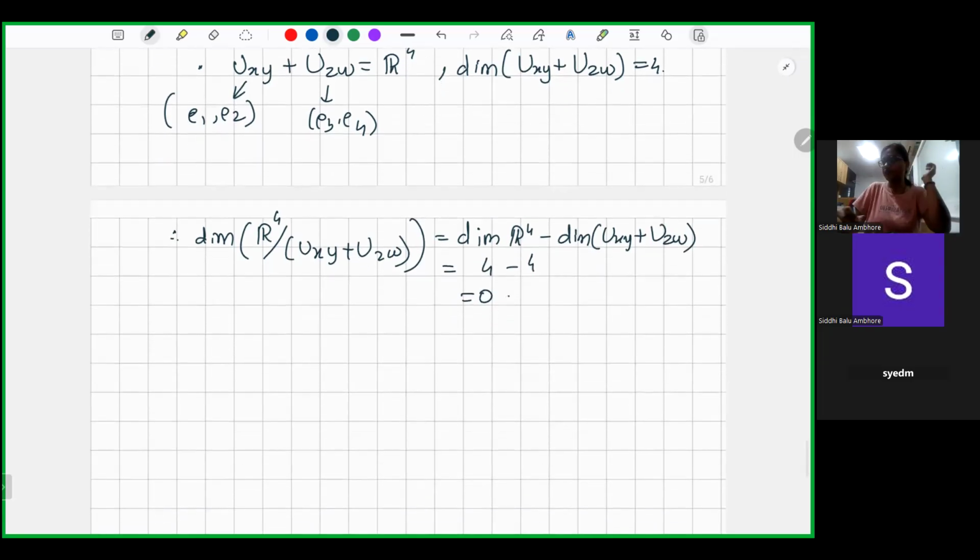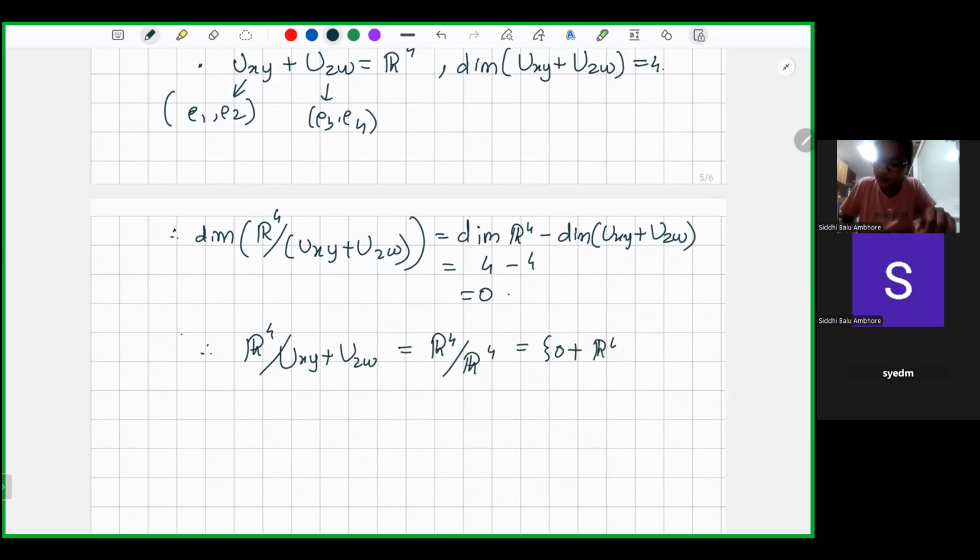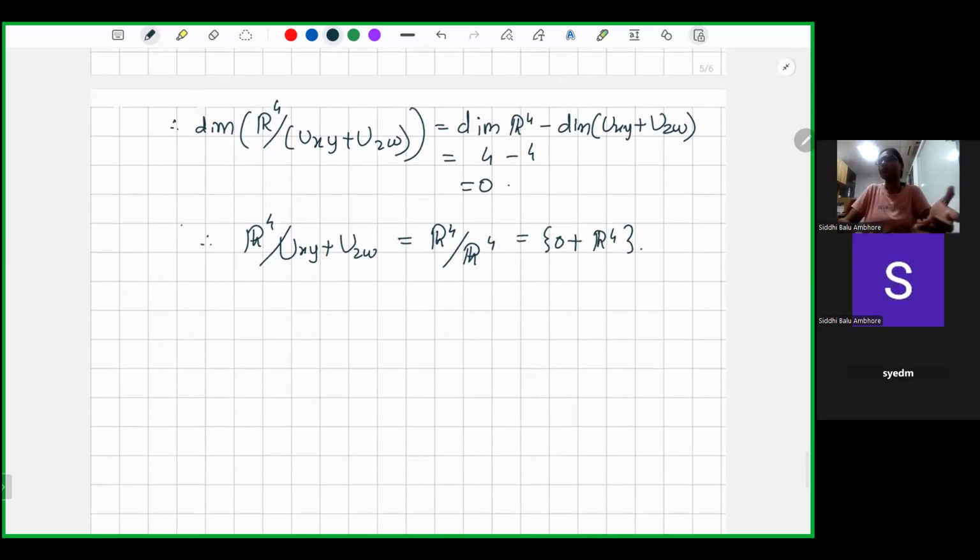So R4 by UXY plus UZW is essentially R4 quotiented by R4, and that is just 0. If you want to be more precise, it is just 0 plus R4. And so the basis could be, if you want, 0 plus R4 or the empty set, it does not matter. And I hope you know how the empty set is